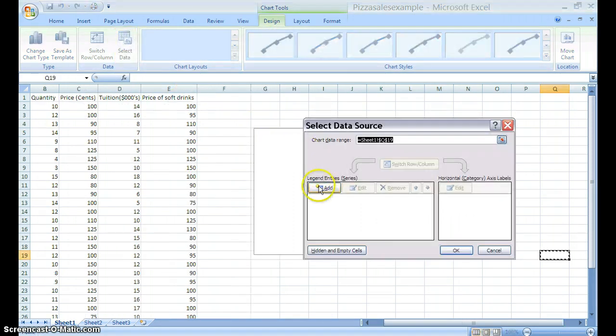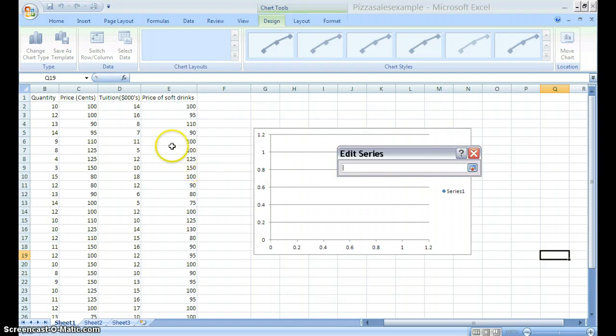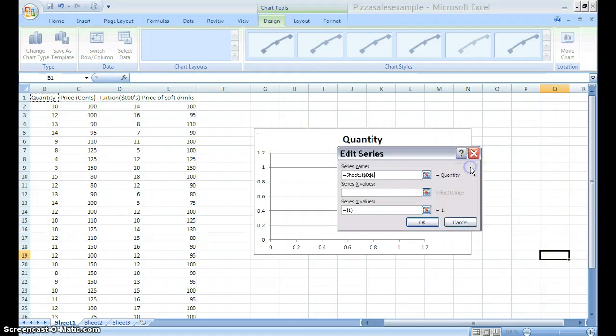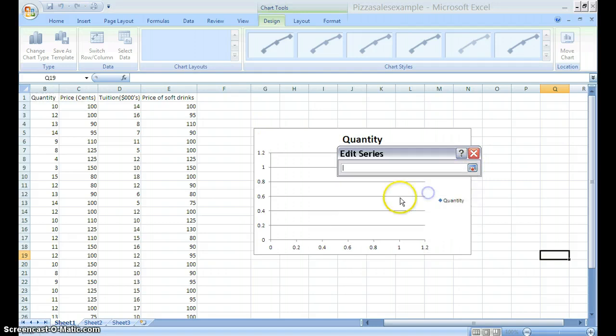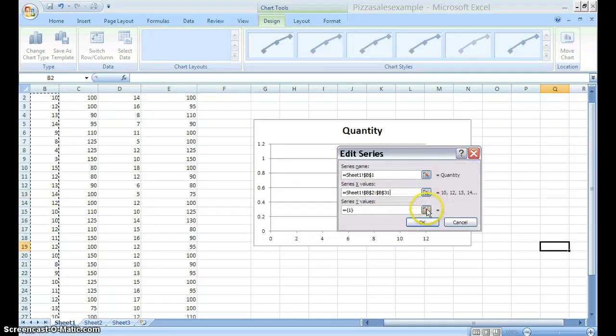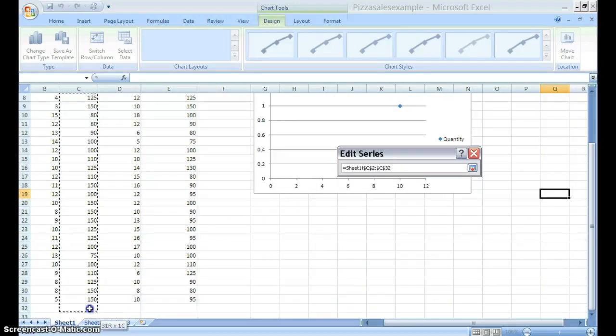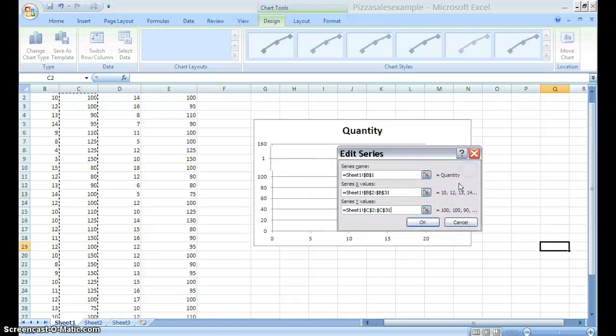We'll select the data, add, and we'll put the title in. That's going to be quantity, and the x values will be these quantities. Then we have to put in the y value, which when we're drawing a graph in economics, we use price on the vertical axis. So that's that quantity there. So we lay that out, and we end up with